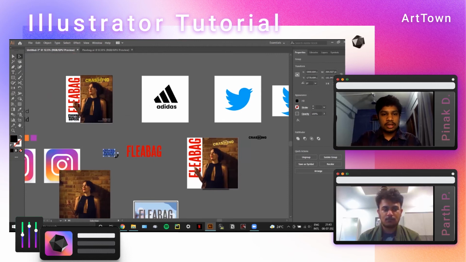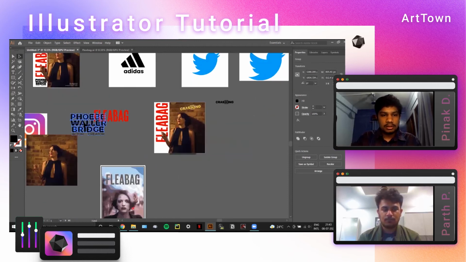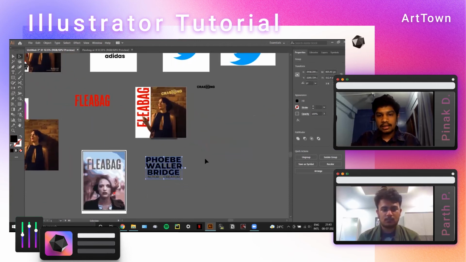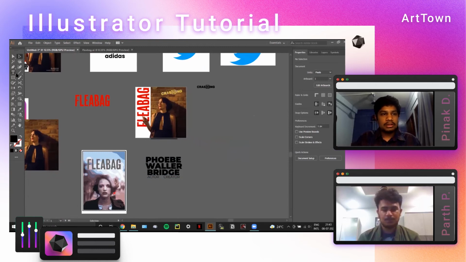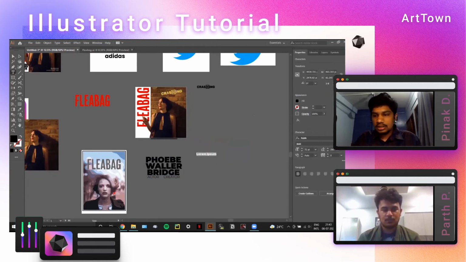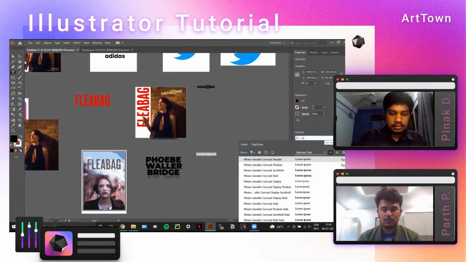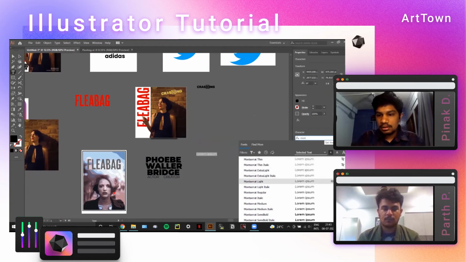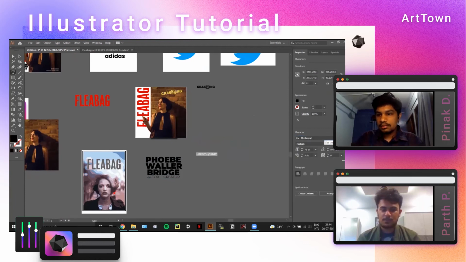So what I did here was again writing her name. This I believe was basically just Montserrat. Strip black.